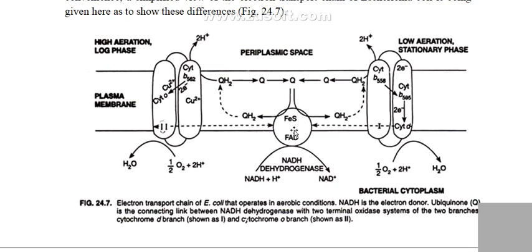So, these electrons then flow to the FAD. FAD is another electron donor, and this FAD molecule transfers electrons to the FeS centers. You have 4 FeS centers, and from the FeS centers the electrons are transferred to the ubiquinone. So, to ubiquinone it is transferred in both the conditions. So, here also you have QH2, here also you have QH2. Now what happens at low aeration or in stationary phase, this ubiquinone transfers electrons to the